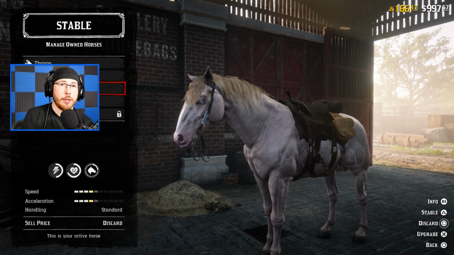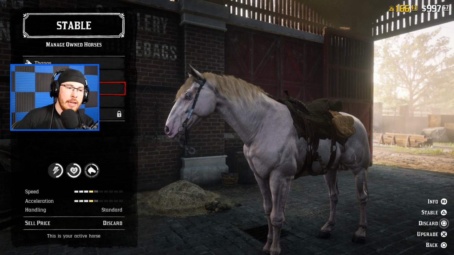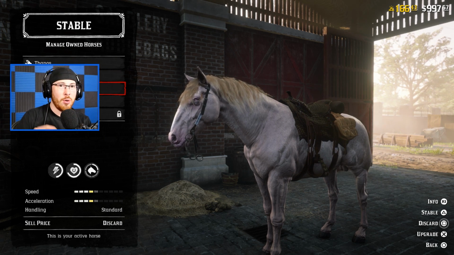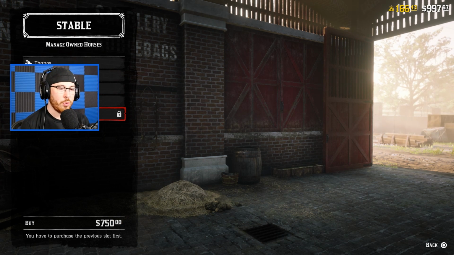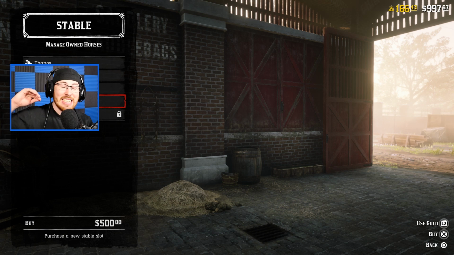Unfortunately, if you do purchase a horse, you cannot sell it. You can only discard it, which I think is super stupid. And that goes for anything in the stables, whether it's a saddle or anything. You can only discard things. You can't sell them. If I wanted to, I could buy another stable slot, but of course, the more you buy, the more expensive they get. This next stall upgrade is 20 gold, which is crazy. I think 20 gold is a lot of cash in real life. And if you didn't want to spend gold, it's $500, which $500 in Red Dead Online is a ton of